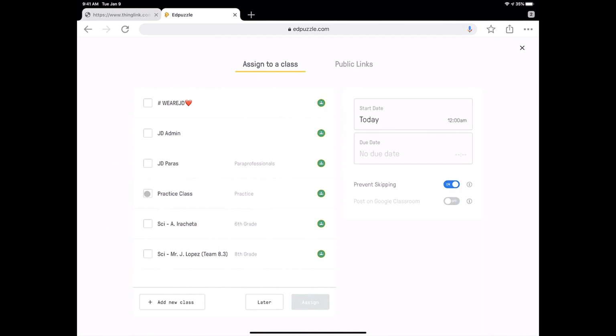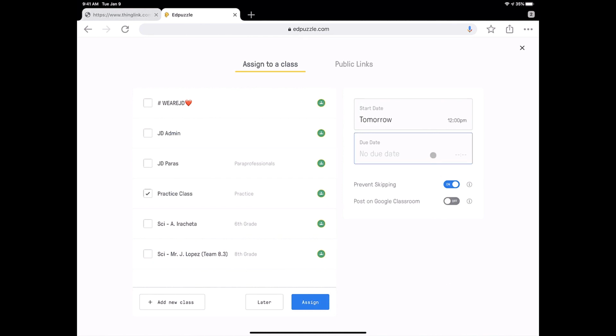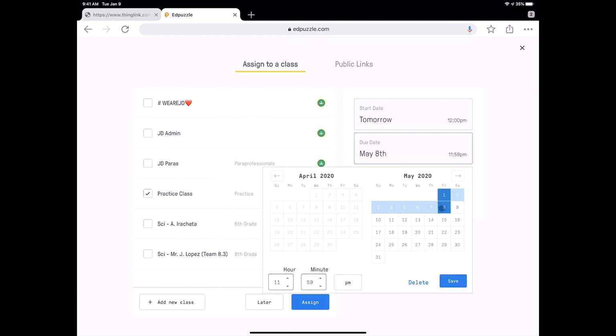So in our case, we're going to assign them to our practice class right here, and then we're going to give it the appropriate date. So we're going to make sure that we don't give it to the kiddos at 12 a.m. We make sure that we change the dates, maybe on a Friday, and we'll change it to 12 p.m., right? We're also going to make it for about a week or something like that. So we want to give it a due date as well. So the following week at 11:59 p.m. So save,